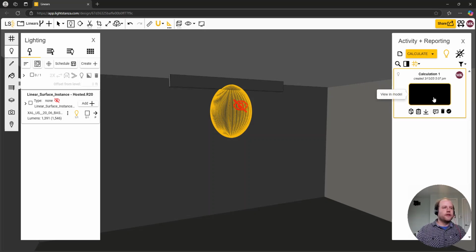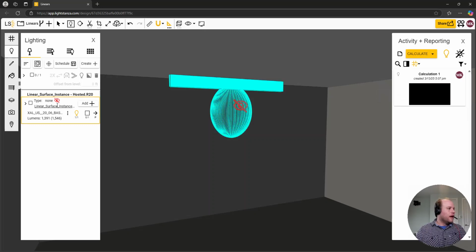But notice the rendering comes out very dark, as if there's no light in the model. The reason for that is this warning indicator that shows that fixture geometry is blocking the light source. The light is actually contained within the luminaire housing. So I can correct for that by editing the IES file,